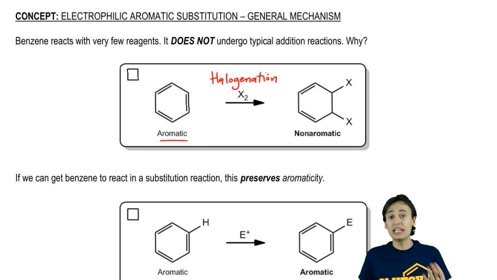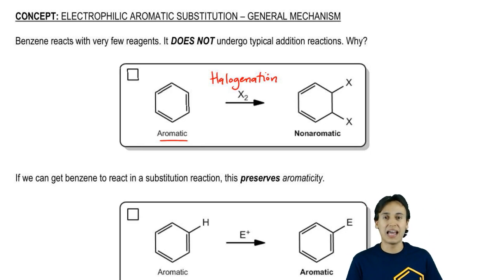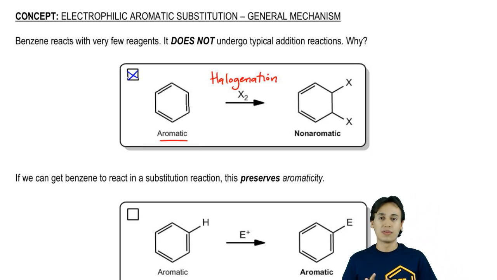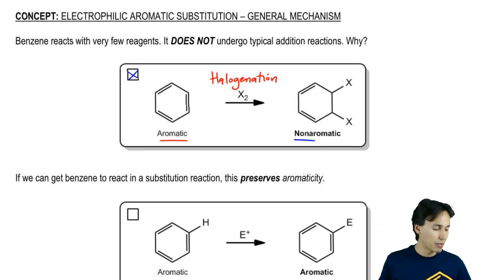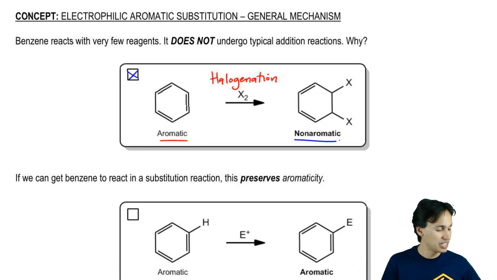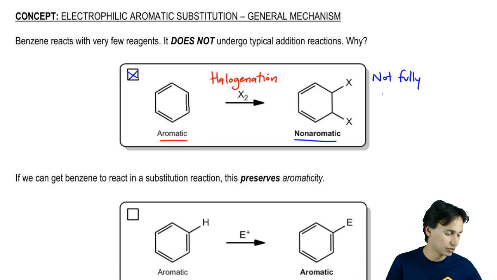Now that we have 3 double bonds, you may think that halogenation would happen 3 times and just completely halogenate the ring. But now we understand why this reaction is not favored, right? Because the product is going to be non-aromatic. Why would this molecule be non-aromatic? What rule is it breaking? Well, written here, this is not fully conjugated, right?